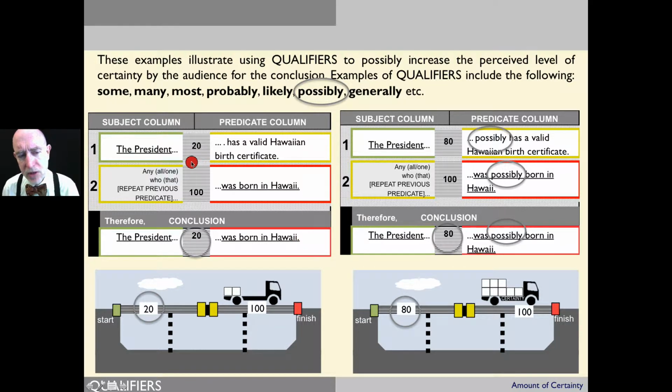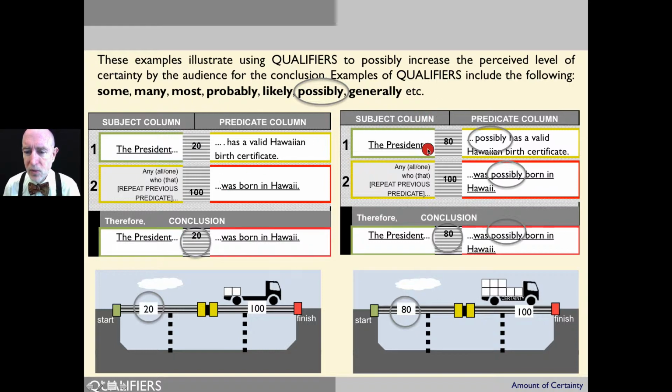So an audience's perception of the level of certainty of this premise number one could be 20% out of a total of absolutely certain 100%. And their perception of the second premise in this hypothetical could be 100%. Now that's going to leave us with an overall sense of the level of certainty of the conclusion of 20%, because this is the weakest link, and that always sets the bottom here.